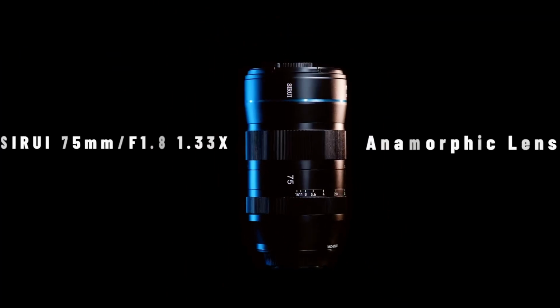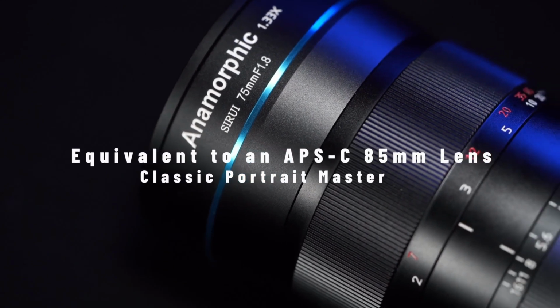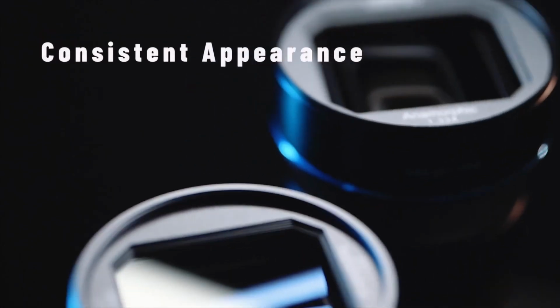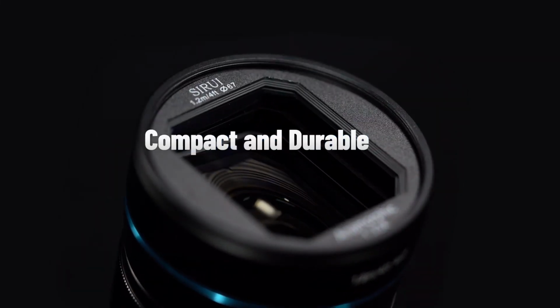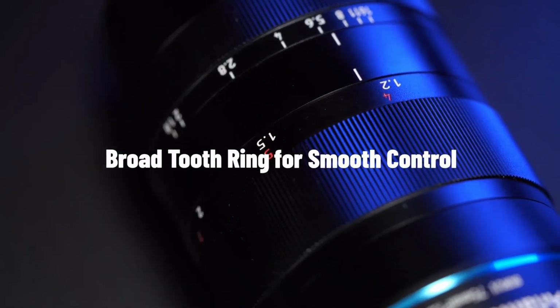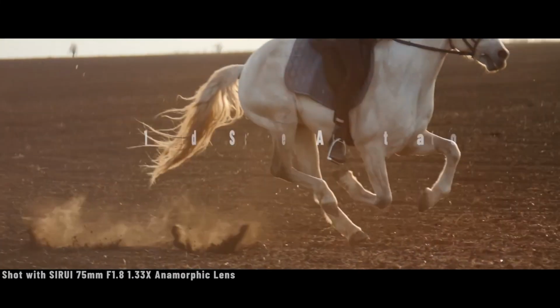Yesterday, SIRUI announced that they were going to do a 75mm lens. The lens is supposed to be an f1.8, and it should have the same form factor as the other lenses. It is also a 75mm portrait lens. So that means if you are shooting on the Blackmagic Pocket Cinema Camera 4K like I am doing, the 75mm will turn into something like an 85, which is a pretty good lens for portraits